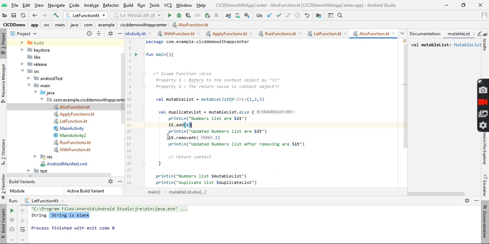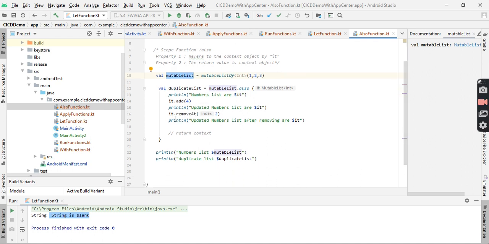So it.add, it.remove, we perform these two operations on the mutable list and print the list before updating and after updating.